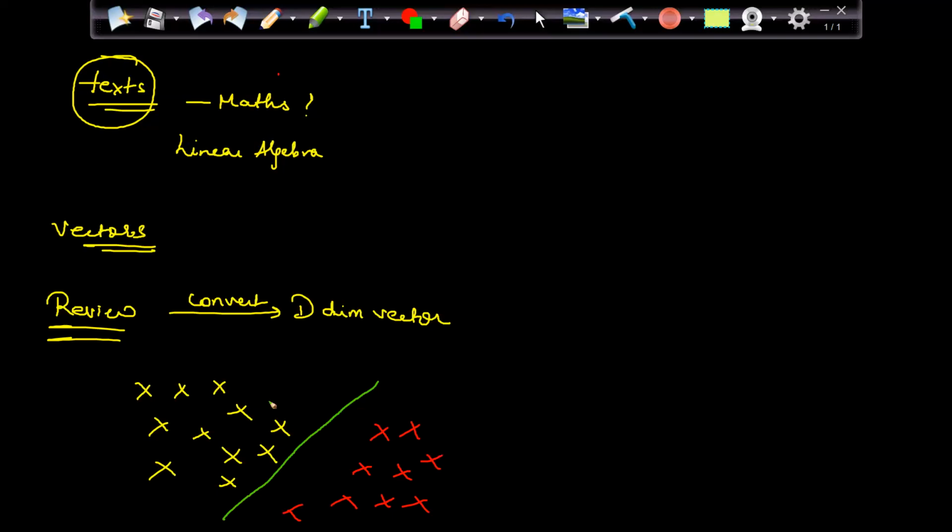My ultimate aim is that I want to come up with a plane which will segregate my positive and negative reviews, where I will have a vector W normal to the plane.